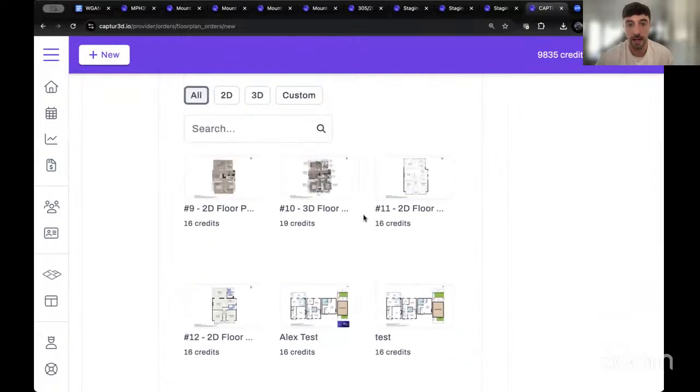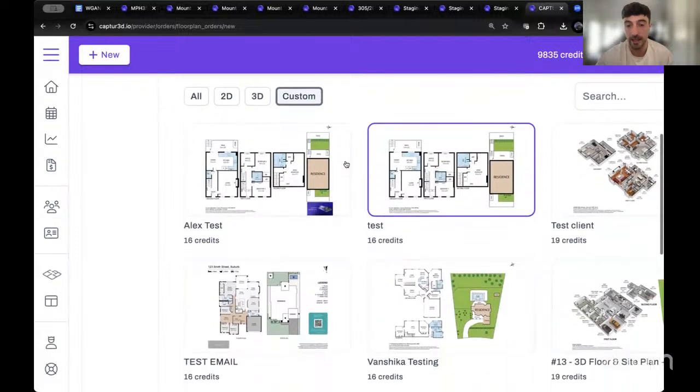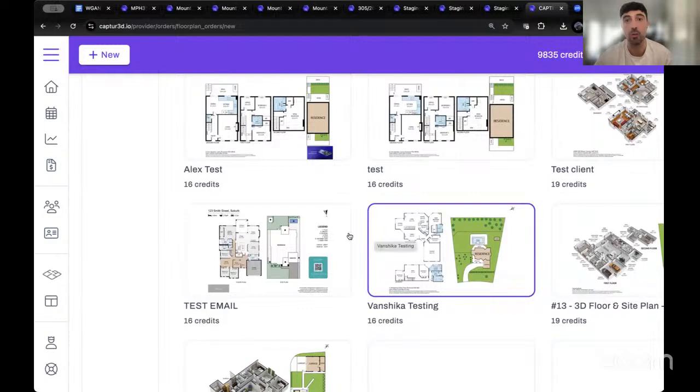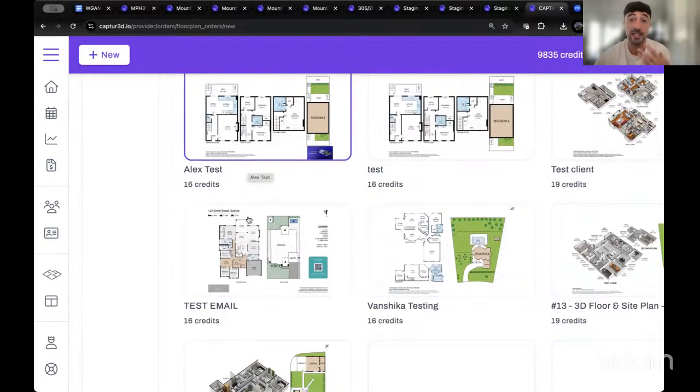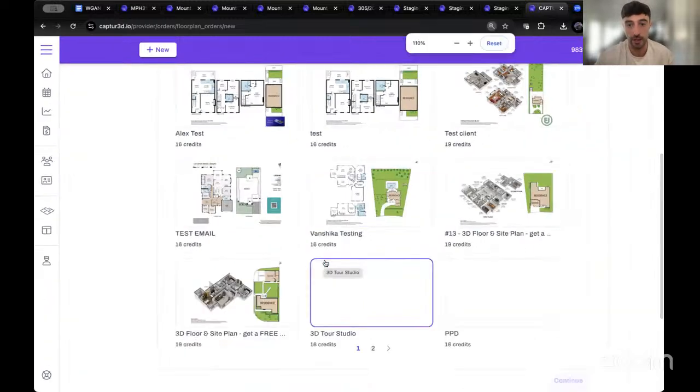Lots of different customized options as well. So we can click through these tabs. Any custom floor plans that have been uploaded can sit in here as well. So you can add anything you want into custom floor plan designs and save them within your Captured account. As this example has, there may be QR codes, there may be a whole different range of features that you want. It might be a Realtor headshot, for example.